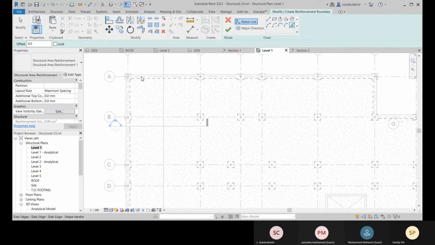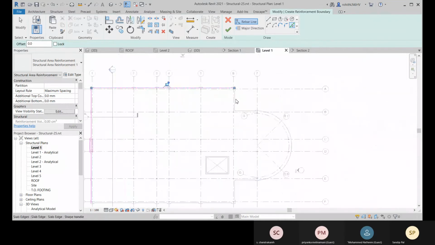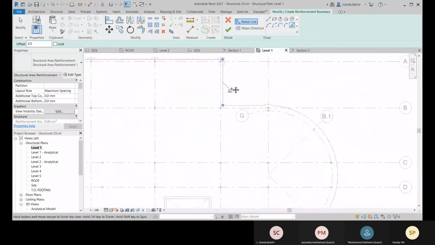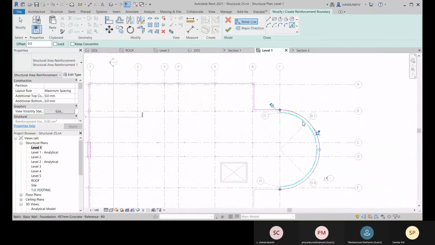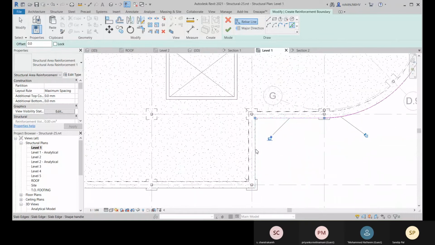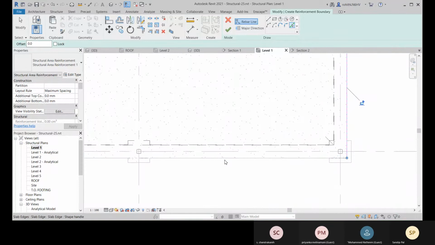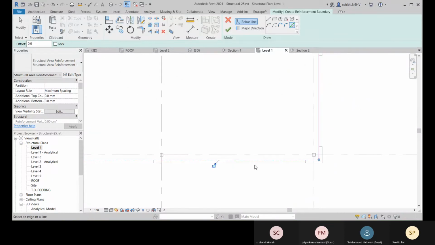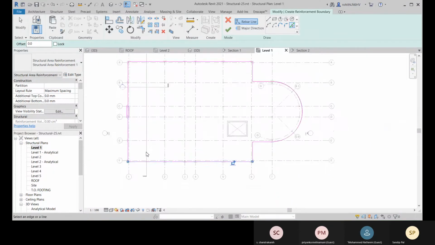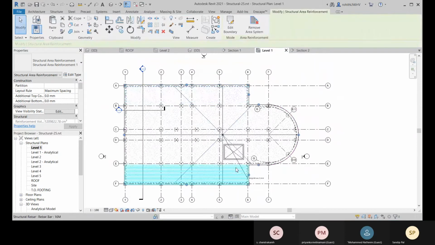And here you can go for pick line, so this one will be the major direction, okay, and the opposite one will be the minor direction. All right, let's go for finish, and there you have it.